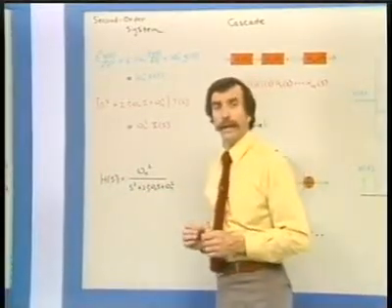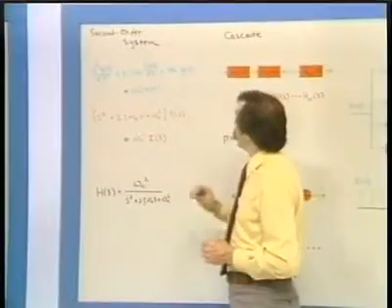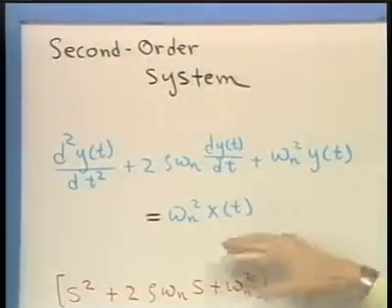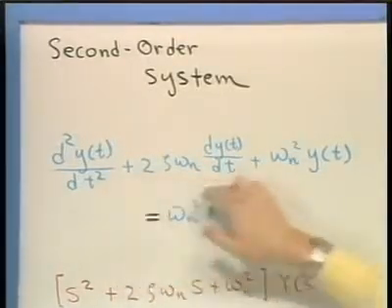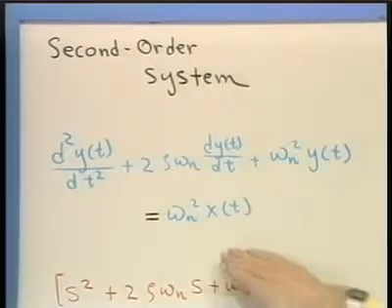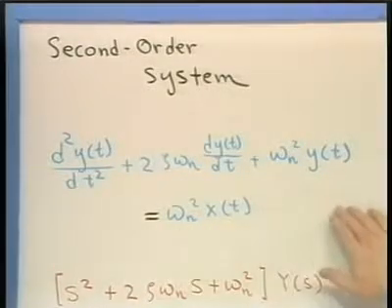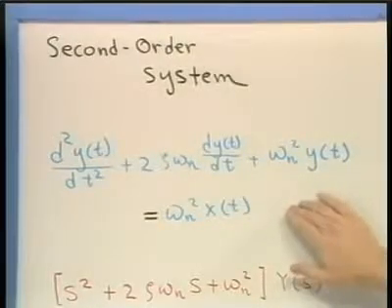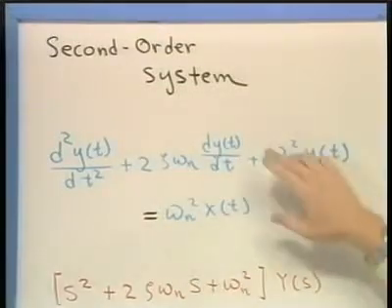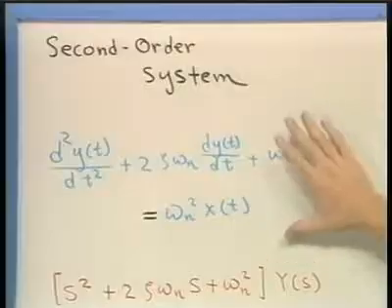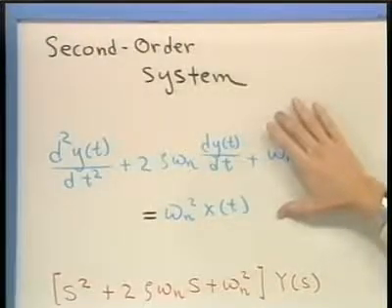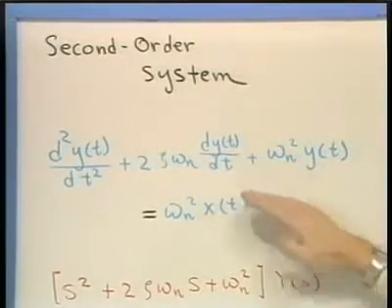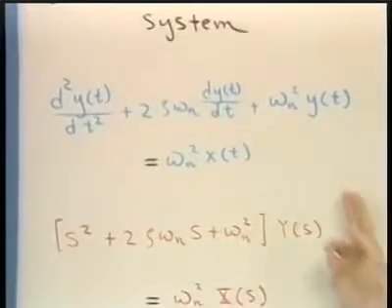Let's now look at a second order system. And the differential equation that I've picked in this case, I've parametrized in a certain way, which we'll see will be useful. In particular, it's a second order differential equation. And I've chosen, just for simplicity, to not include any derivatives on the right-hand side, although we could have. In fact, if we did, that would insert zeros into the system function, as well as the poles inserted by the left-hand side. We can determine the system function in exactly the same way, namely apply the Laplace transform to this equation. That would convert this differential equation to an algebraic equation.